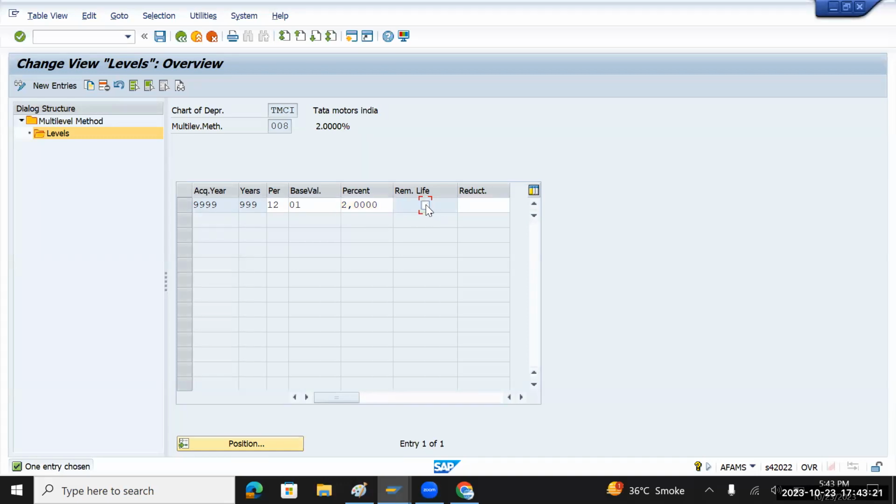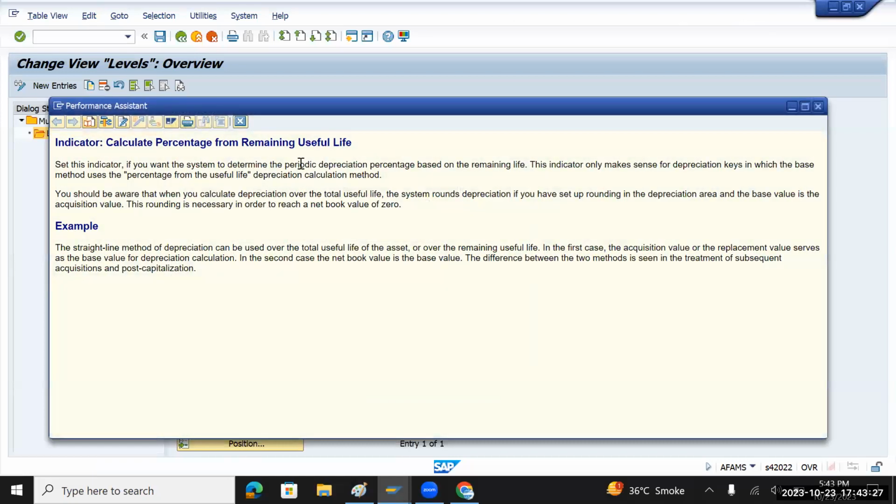So for example, let's say this one, remaining useful life. So you can check what is the option available here. So this indicator, what SAP is saying is that,